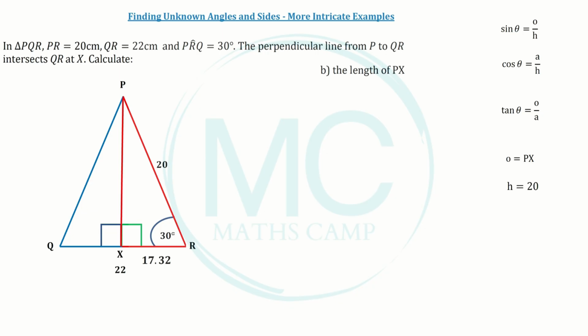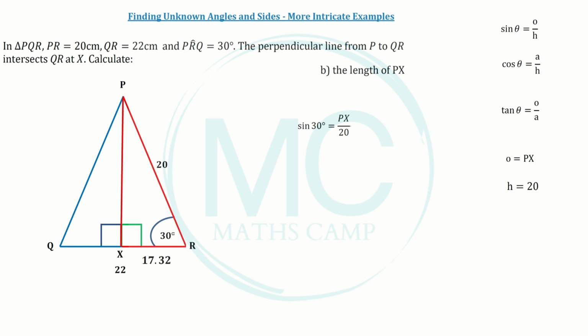Now we have an angle, the length of the hypotenuse, and we need to find the length of the opposite side. So we need a ratio that uses both of these, and sine theta uses the opposite side and the hypotenuse. So now we can say sine, our angle, 30 degrees, is equal to the opposite side, PX,